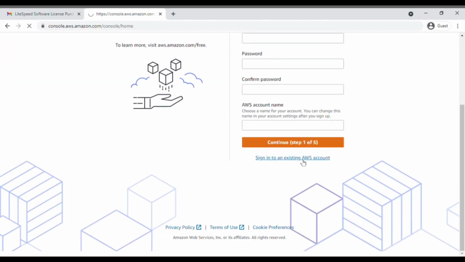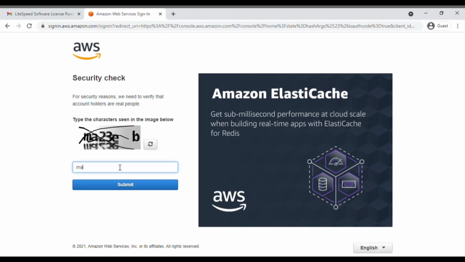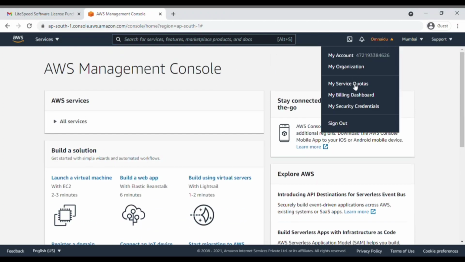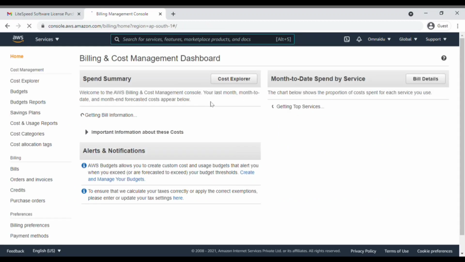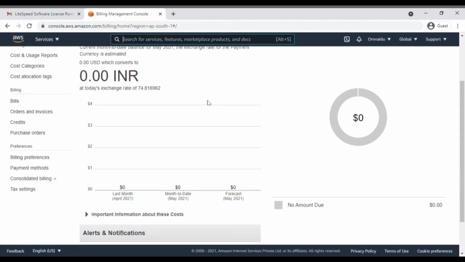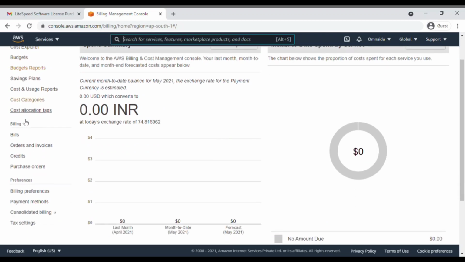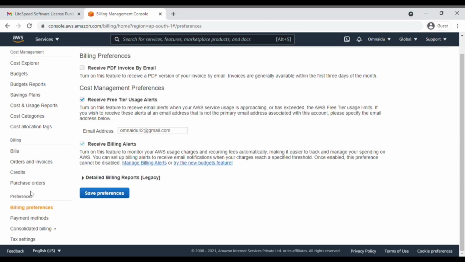So the first thing you need to do is sign in to the console using the email address. This is the dashboard you will see after the activation. Now on the top right hand corner, click on your name and then click on my billing dashboard. If you see such a dashboard, if you are a free user, then this should be 0 for every month. After that, swipe down, and you will see billing preferences. Simply click on billing preferences, and after that select all the 3 options. Click on save changes. What this will do is send an automatic email to your account when you exceed the limits of the free hosting.